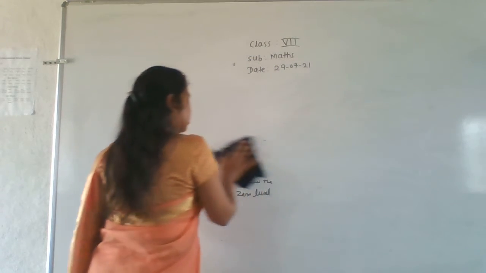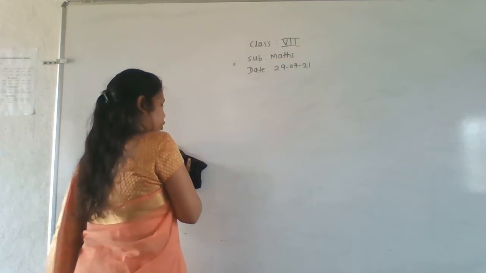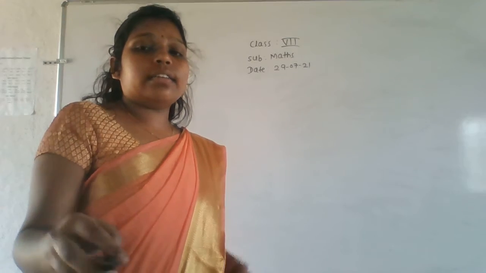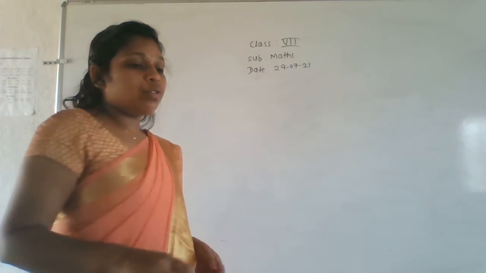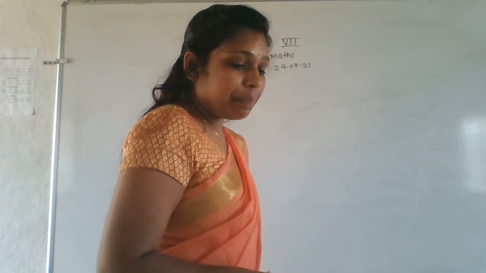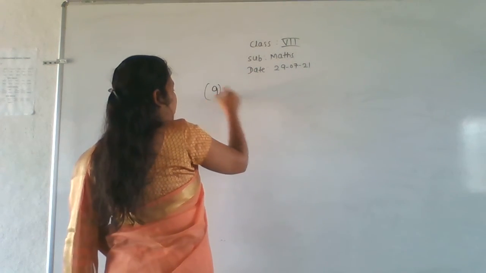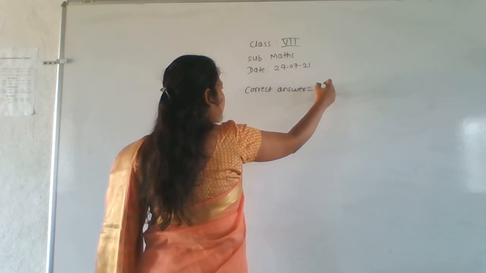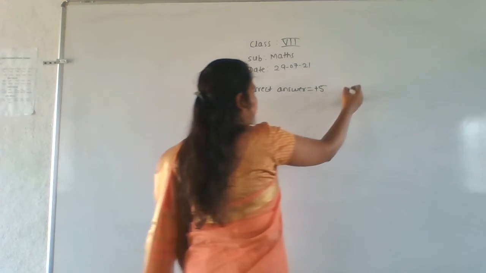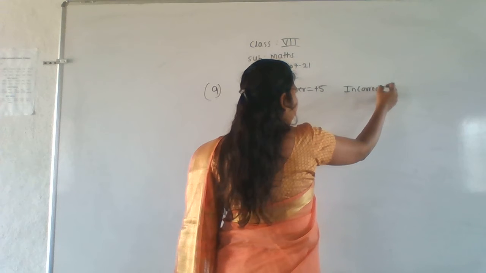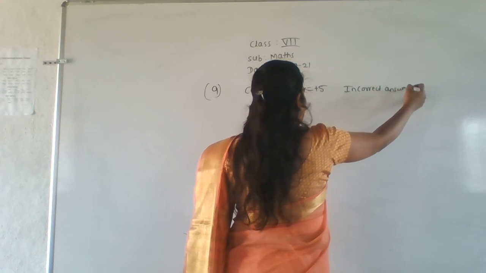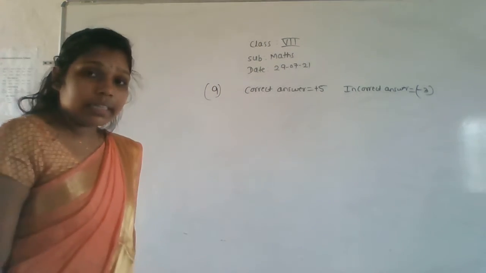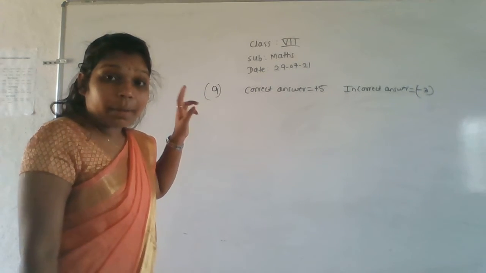That is about the marks given. If the answer is correct, there will be positive marks. If the answer is wrong, there will be negative marks. If a question is not attended, it will be 0 marks. They told us here plus 5 marks for every correct answer. For a correct answer, that is equal to plus 5. For an incorrect answer, that is equal to minus 3.